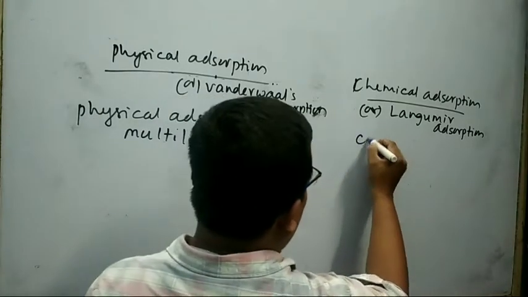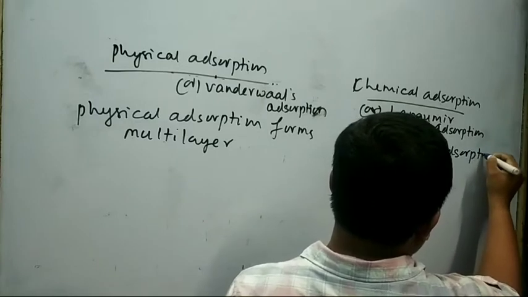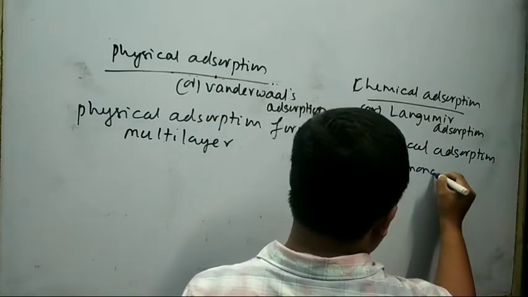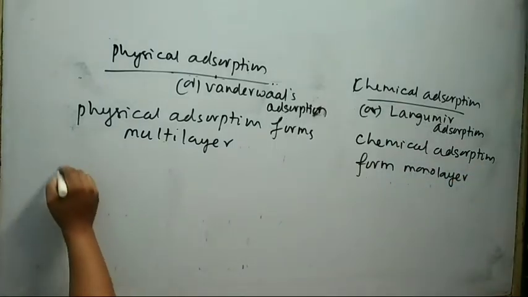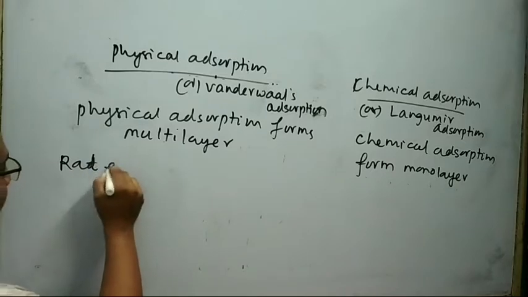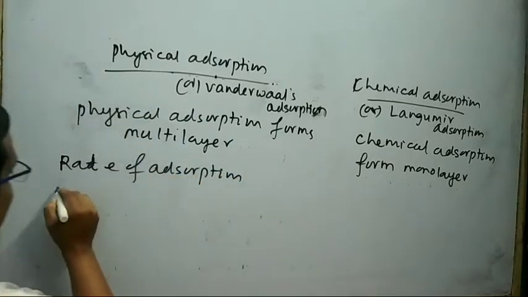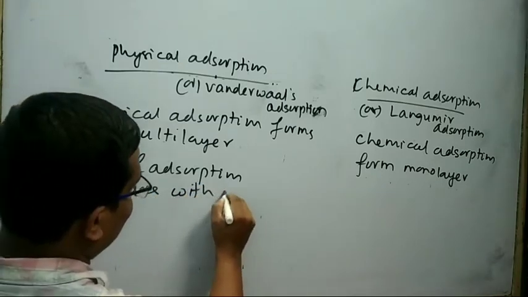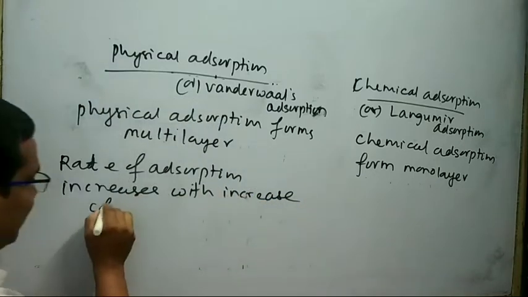On the other hand, chemical adsorption forms mono-layer. In case of physical adsorption, the rate of adsorption increases with the increase of pressure